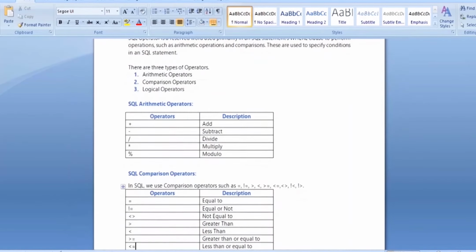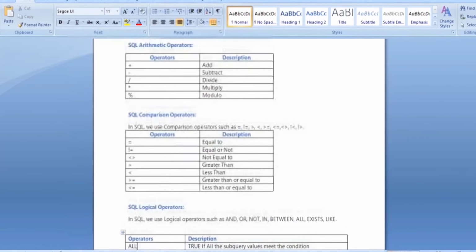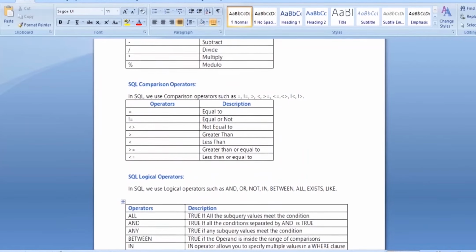Then SQL comparison operators, how we can compare the data. How we can compare? It's equal to, greater than or equal to, less than or equal to, greater than, less than, or not equal to. Like employee ID equal to 10, employee salary greater than 10,000. For this purpose we can apply comparison operators. And logical operators: and, or, not.